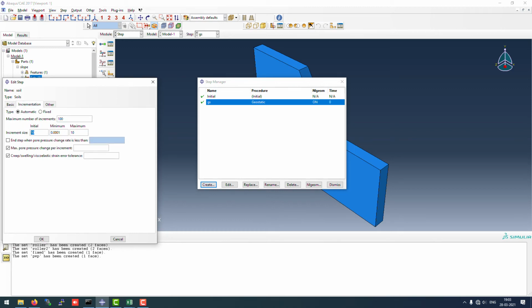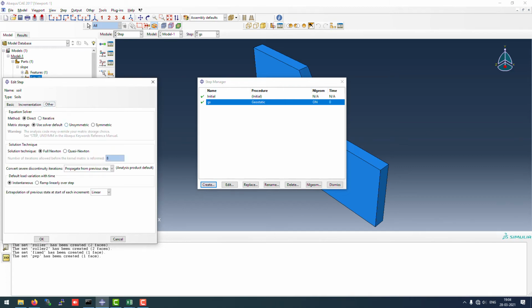Incrementation, initial incrementation will be 0.1, and maximum also will be 0.1. So let's go with it. Minimum we can go with a little 0. We can allow maximum pore water pressure to be 1 lakh, or maybe we can increase it a little bit so that our analysis will not fail. Let's call it 1e7. That will be good enough, I'm guessing, and increase the number of incrementation to 10,000, and use the matrix storage